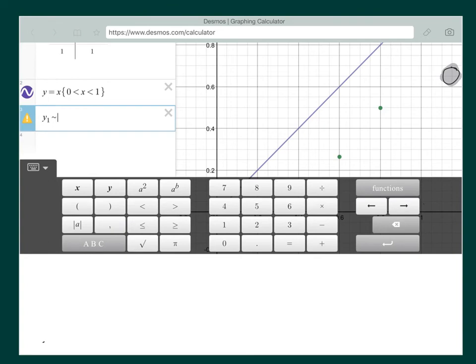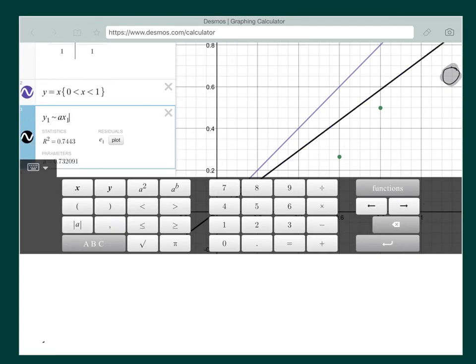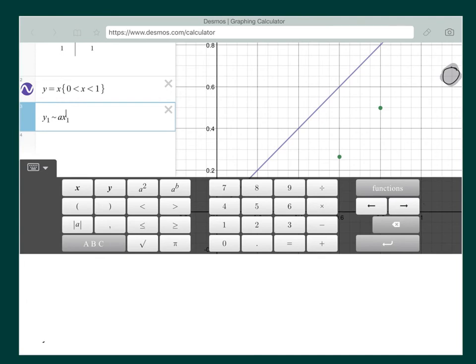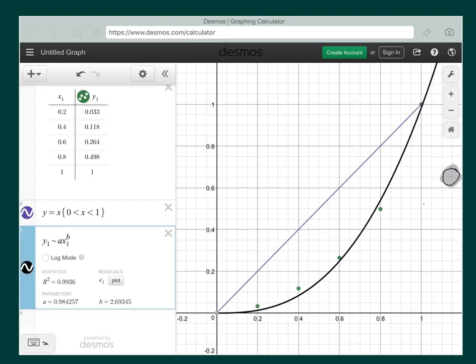Now I want it to come up with a general regression formula, so I write a x1 to the b. a is the coefficient, then x1, raised to the b power. You can either use the caret function, just like on your calculator, shift 6, or type a x1 to the b and then type b for the exponent. And here we can see this function.